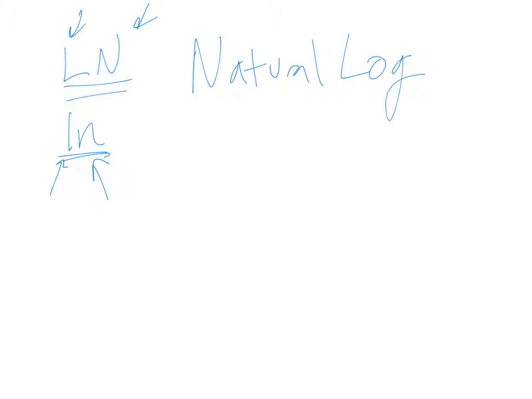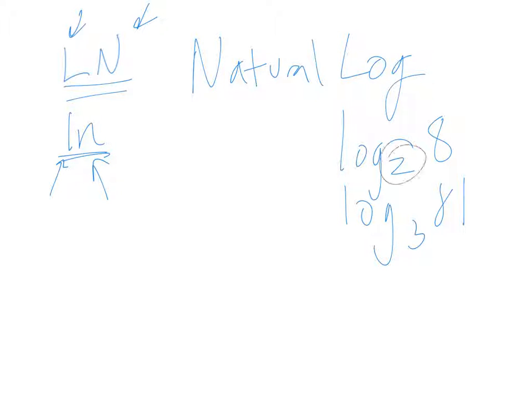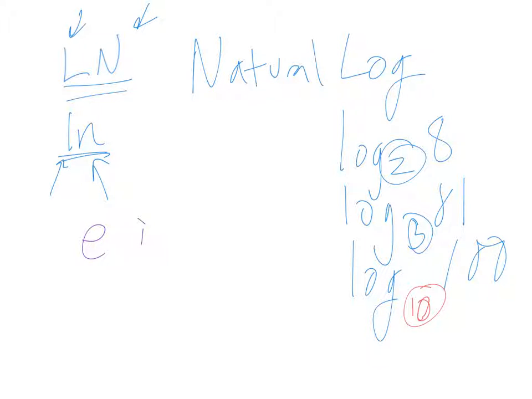Basically, we've been working with logs, and we've seen log base 2 of 8, or log base 3 of 81, and there's been a base, and sometimes we didn't write the base at all, and then we knew that the default value was supposed to be 10. Well, we just had a whole little spiel about the number e, so e is a number, and if we make that number the base of a log, if it's log base e, they just call that the